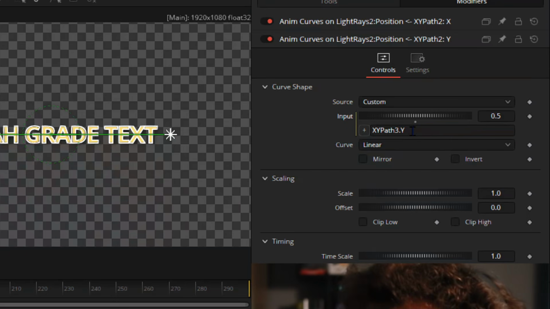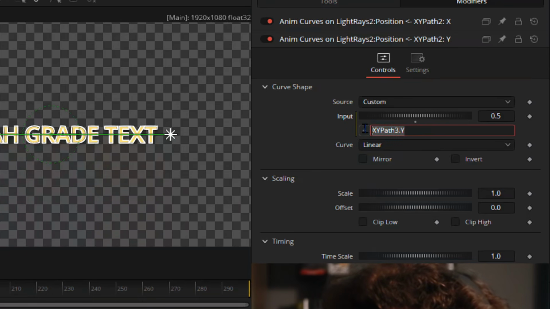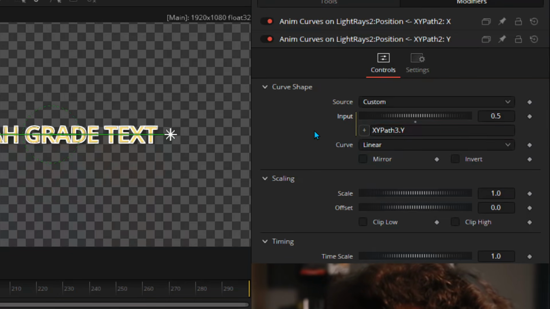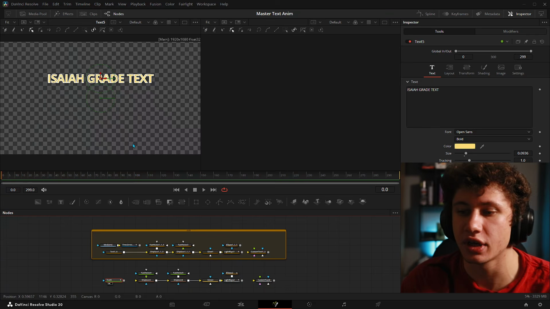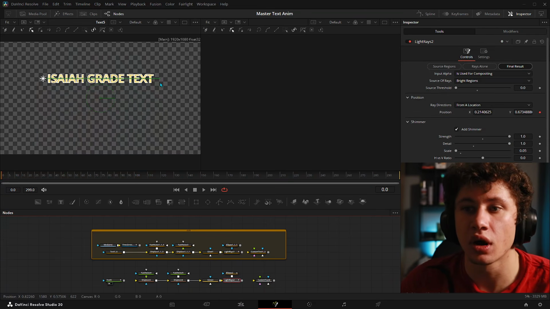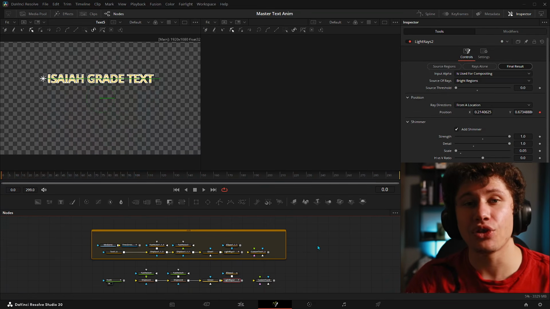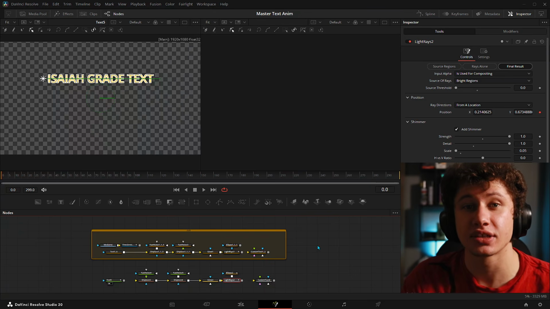And what this is doing is it's telling our Y coordinate on our light rays that we're going to use the exact same value that the Y coordinate on the text is. So when we make changes to our Y coordinate on our text, the Y coordinate on our light ray is going to follow it. So now that we have our Y coordinate set up, it's time to set up our